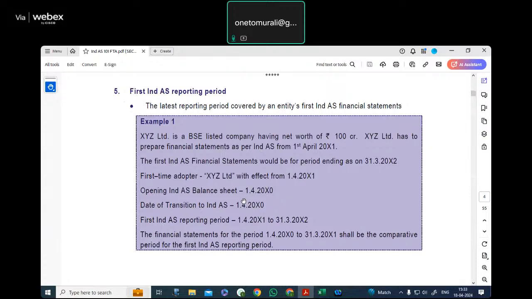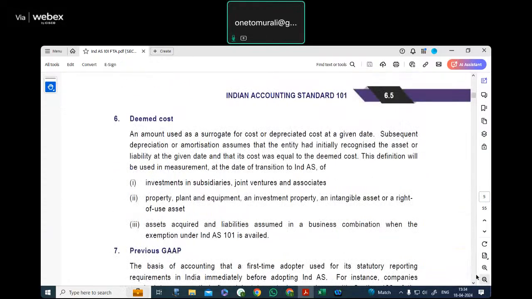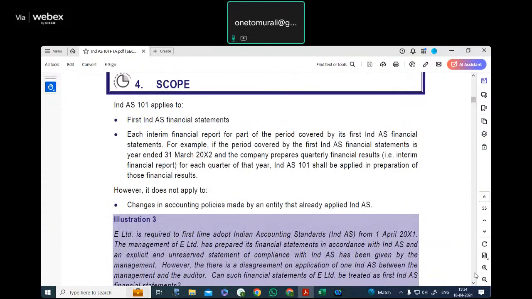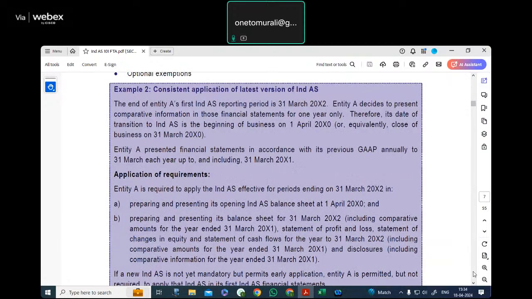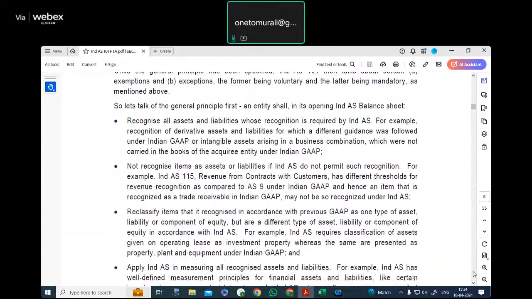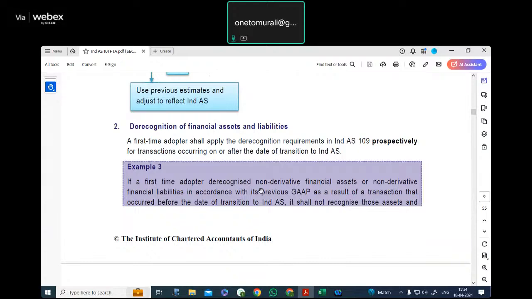Whenever you are searching for an example, marriage is the right example where you can say that substance is sidelined and the form is given the big projection. That is what you have in this particular accounting standard. I would like to tell you which one is a first-time adopter. A first-time adopter is that particular entity which makes an unreserved disclosure that they have just done this. Now, let me show you that.